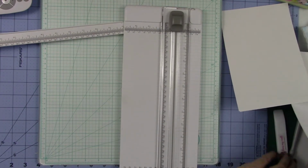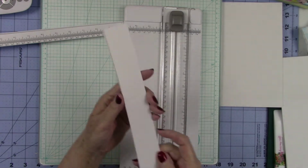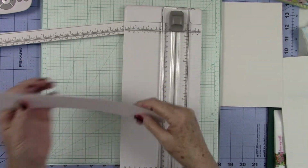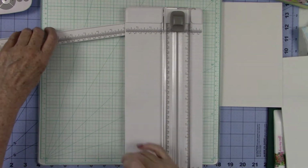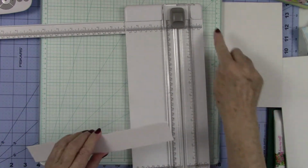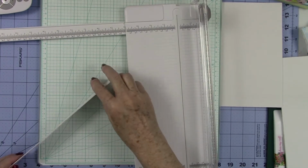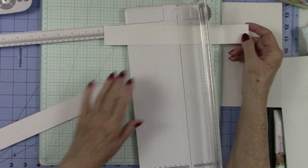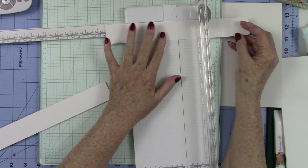Now if you have scraps, and I have a lot of scraps that are just pieces like this, these are 1.5 inches by 11. So what I'm doing is I'm just cutting these in half at 5.5, so they'll be the same length as our page. I got several here. I'll tell you what, I'm just going to do one. This will give us two strips, so this strip right here will do the one page,